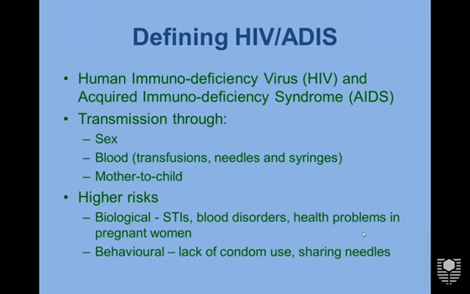So let's look at HIV/AIDS. I hope you are aware what HIV/AIDS is. HIV refers to the human immunodeficiency virus, and AIDS refers to the acquired immunodeficiency syndrome. The acquired, of course, means it is not inherited. This is a disease that is transmitted. And syndrome refers to a cluster of diseases.